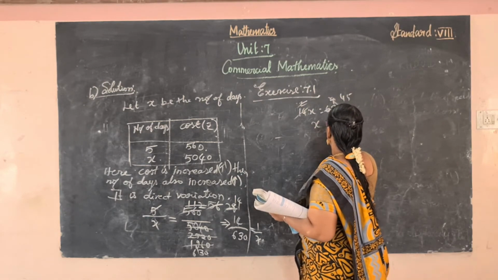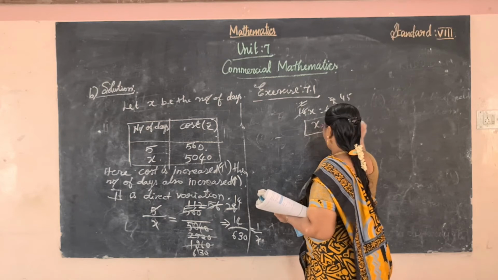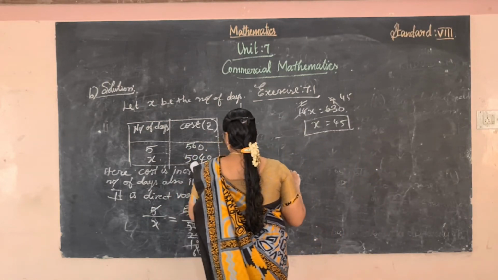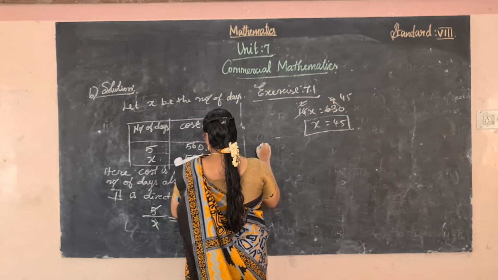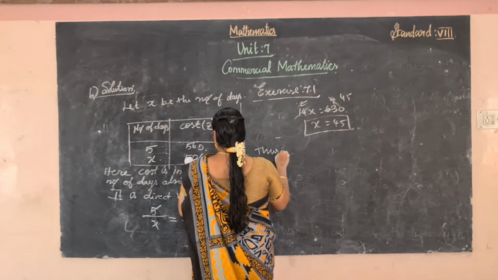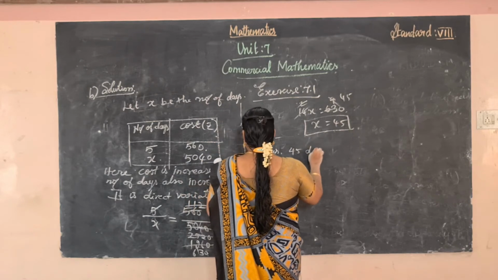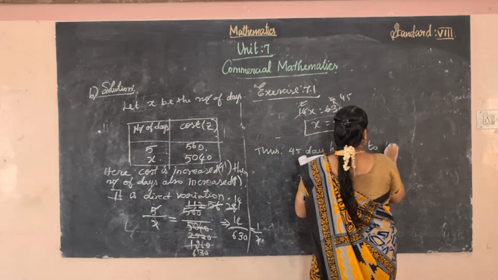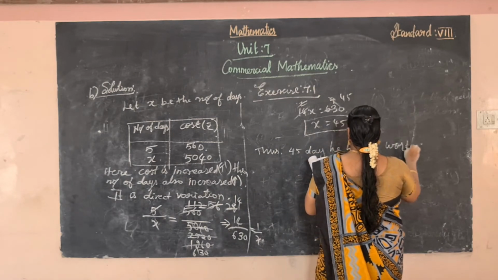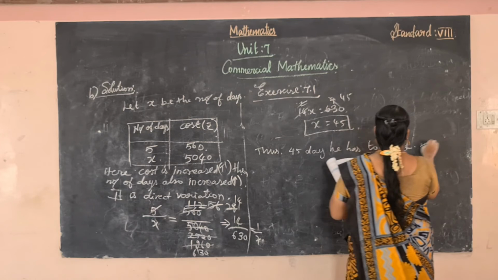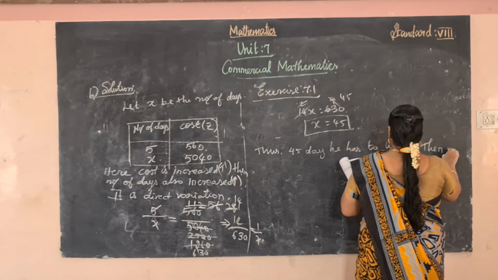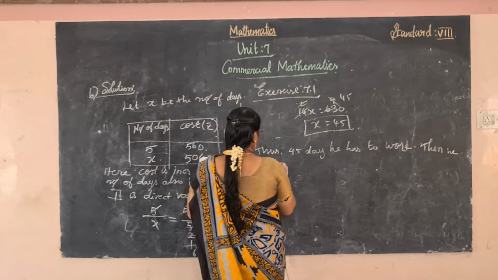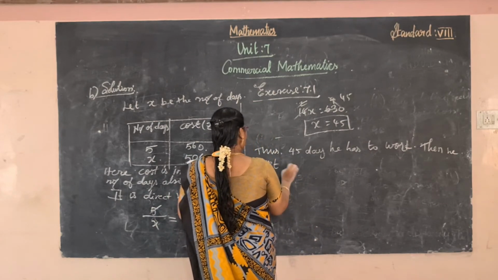So x equals 45 days. Thus, 45 days he has to work, then he would get rupees